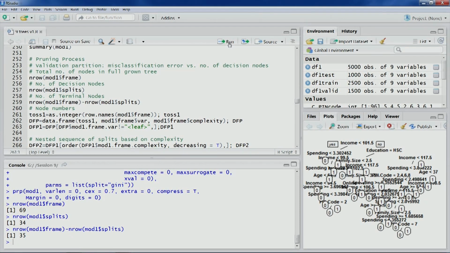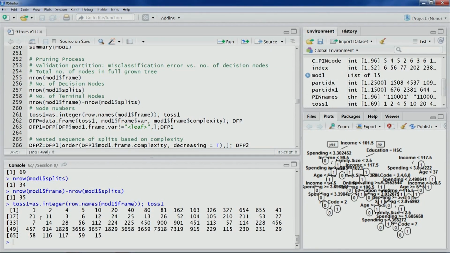Now toss1, as we have discussed, the rpart object has a frame attribute, and within that frame attribute it has the row numbers. This we have discussed in the previous lecture. So we will get the row numbers and convert them into an integer vector, so that we will have these unique node numbers, but the ordering is not as per the desired order. So now we'll